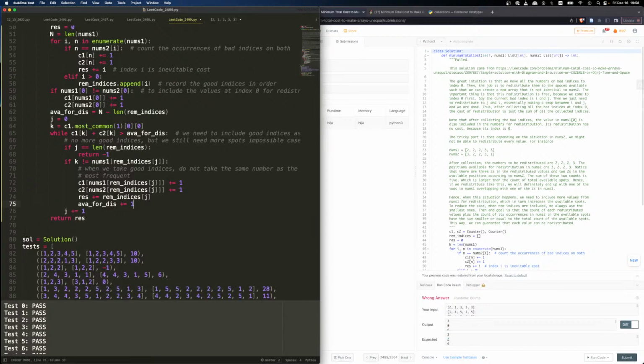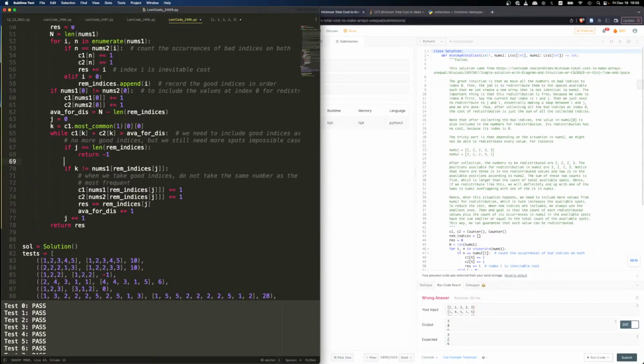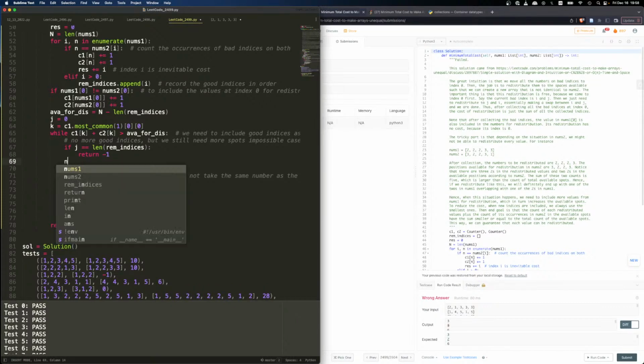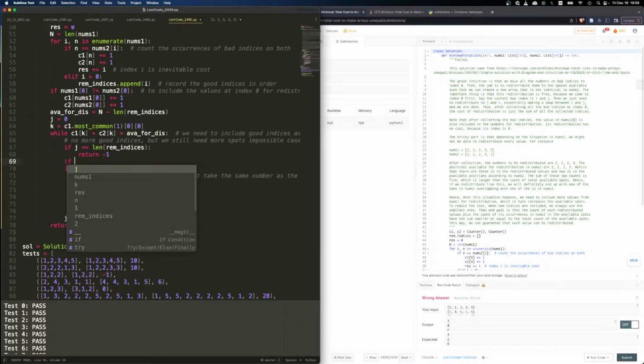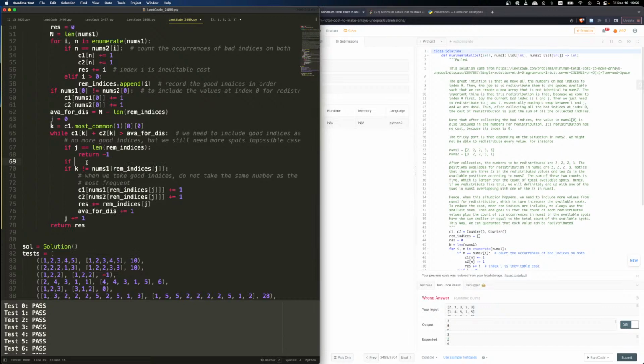So I will say if this is not equal to this, no, that's not what we're looking for. This is the number we're trying to take. I say if the number we're trying to take, which is